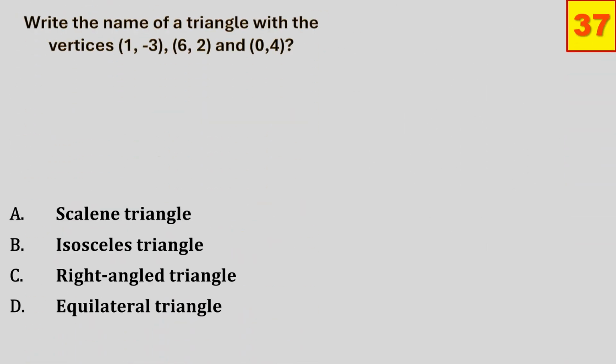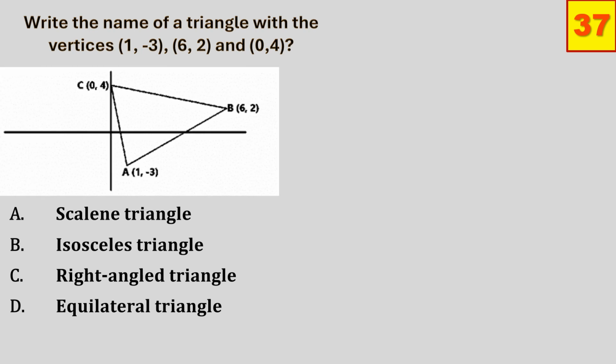Write the name of a triangle with these vertices. Vertices are the corners of the shape. If you plot these points on a graph, it will look roughly like this. We need to calculate the length of each side of the triangle in order to know what type of triangle it is. Let's start by calculating the change in x and y